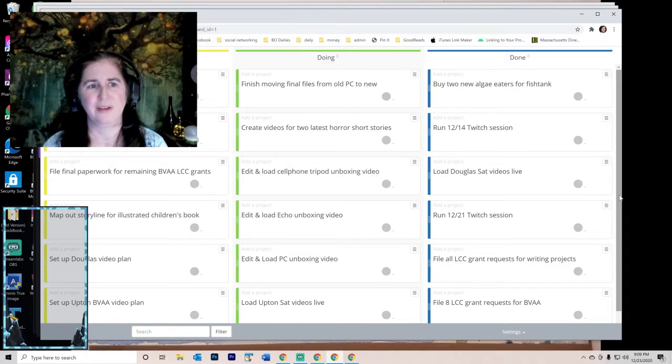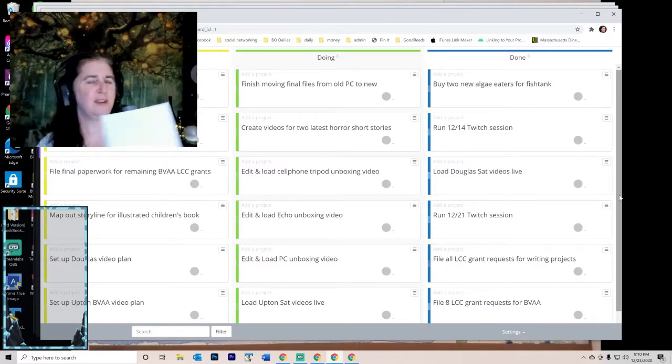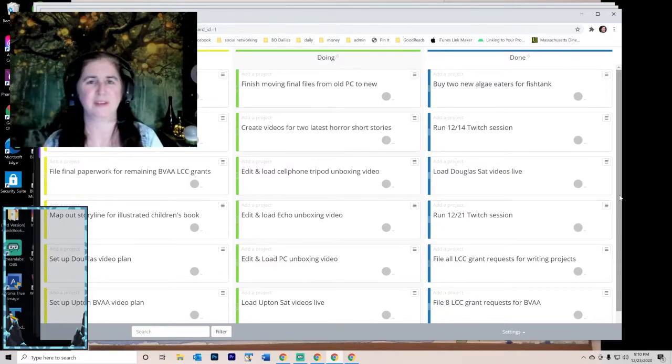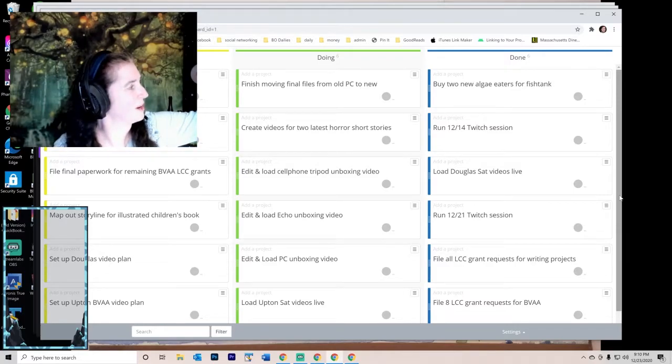And then there's also a to-do list, which are things which are a little further off in the distance. So at some point I need to set up a better video plan for what we're going to do for the town of Douglas, and that's on the list. So it's not necessarily something I'm going to do today or tomorrow or even this week, but it's something that I want to get to sometime soon, something shorter than a year from now, but something not on my today list. So I know sometimes it can seem like we're keeping a lot of different lists going to keep track of things. But again, keep in mind that these longer lists that I have hanging here, the priorities, the 5-year list, the 1 year, we're not working on this every single day. This is just a reference list so that we remember to eventually work on some of these things.